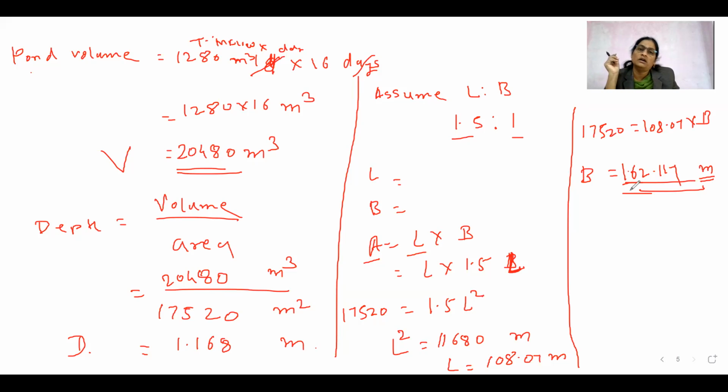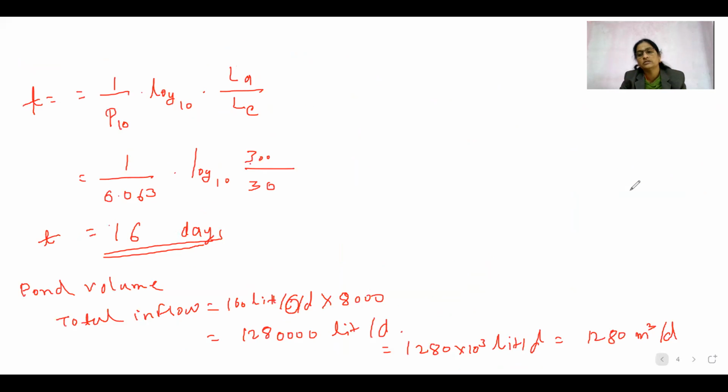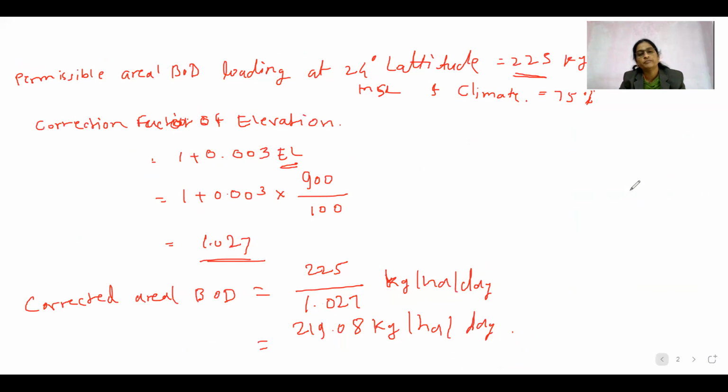And finally, a closing sentence you can write: design an oxidation pond with a width of this much, length of this much, volume this much, and areal loading this much. Like that way closing sentence you can write down. This is the design of your oxidation pond. So may I give you time to write down this? You want to copy it?